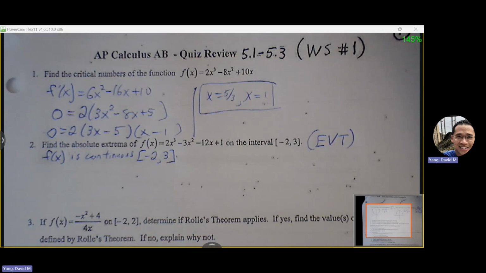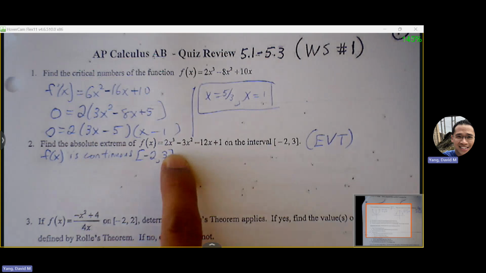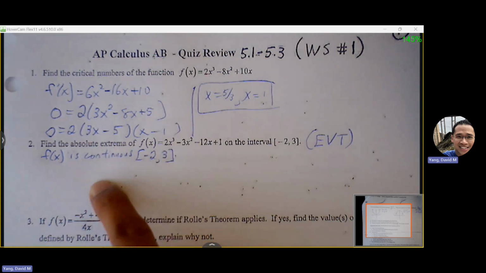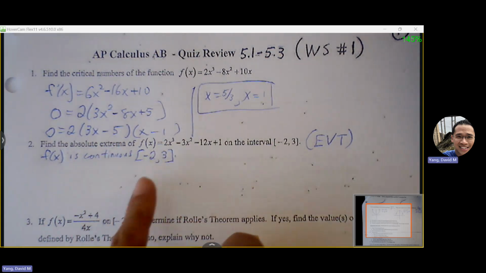So extreme value theorem, we're trying to find the highest and lowest points on the graph. That means we want to look for candidates. So candidates, we're always going to make sure that we test what? Endpoints are candidates. And then besides endpoints, we also want to find what? Critical points. Yeah. So we're going to set f prime equal to 0, find those critical points, and make sure